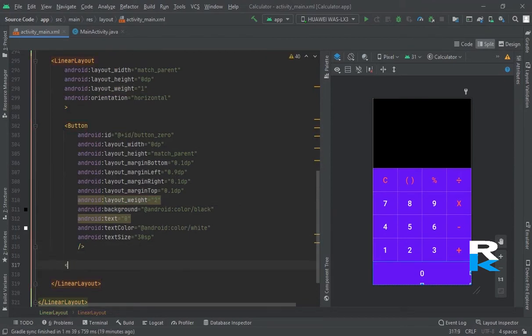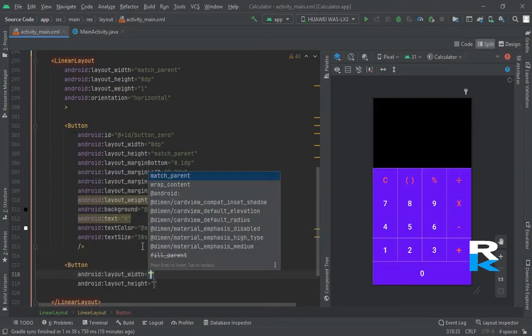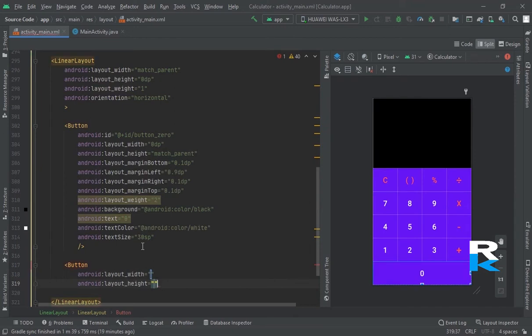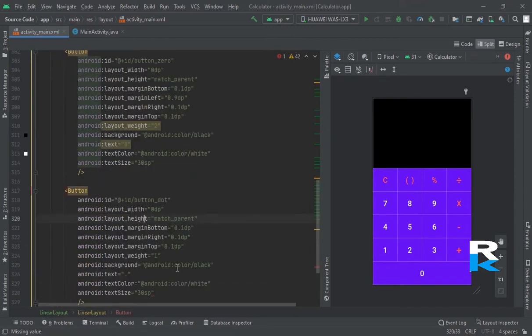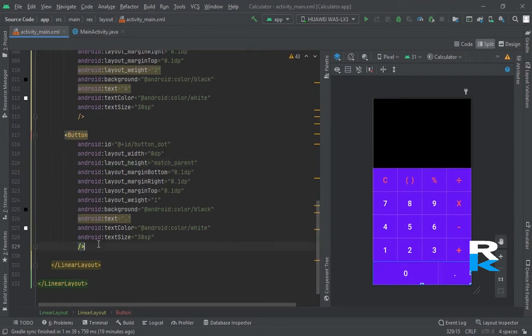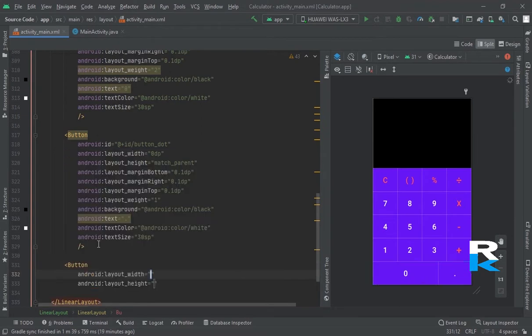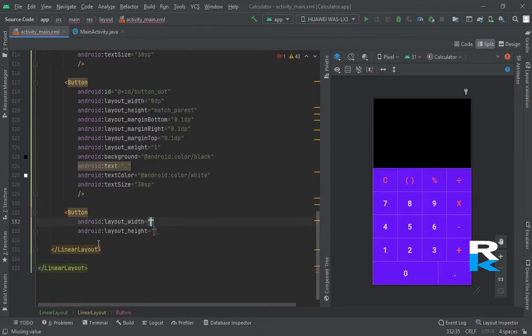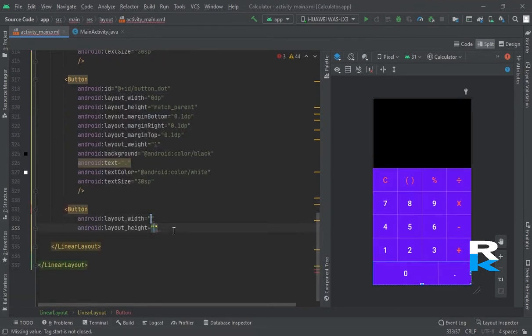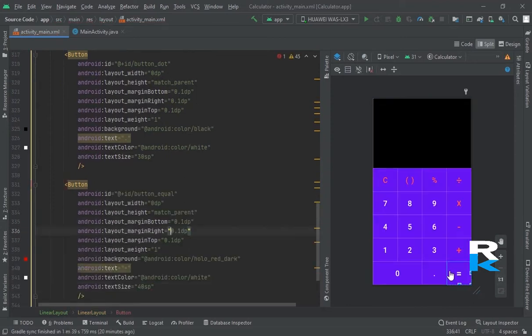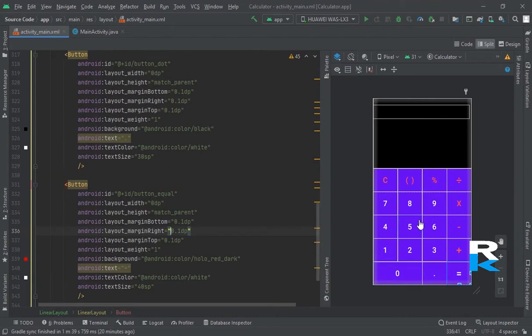Now the next button is for decimal. Look, now this is the decimal button. Now the last button, that is for the equal button, fine. Close this. Look, now every button has been created.